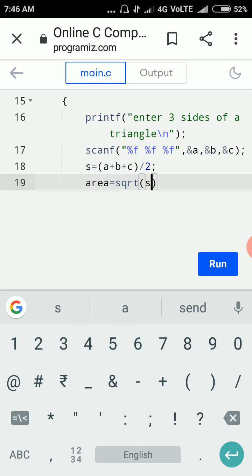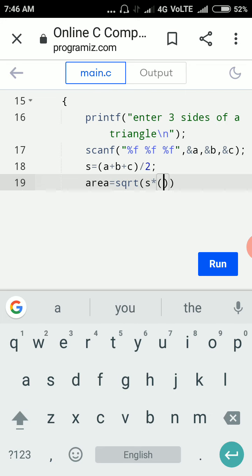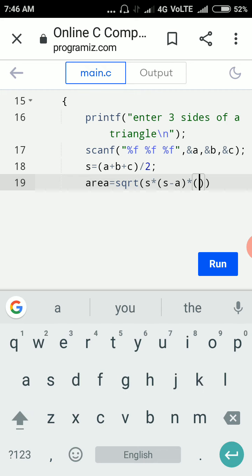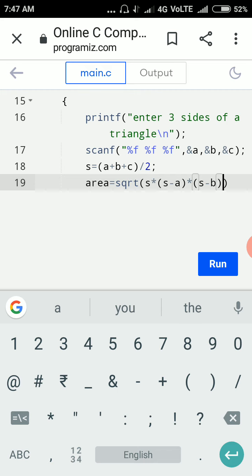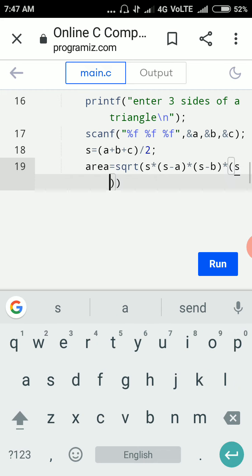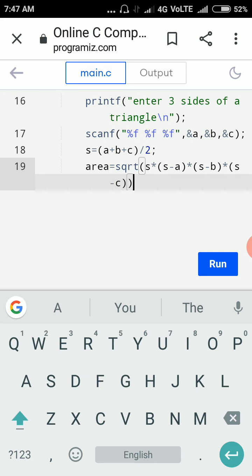So sqrt of s into s minus a, into s minus b, into s minus c. Next, ends with a semicolon.